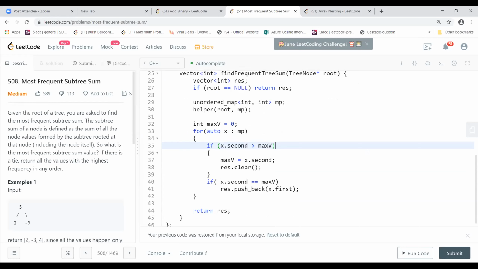So the time is the same, DFS order of n only, post-order you are traversing. Like Leon said, you still need the map to hold each sum.